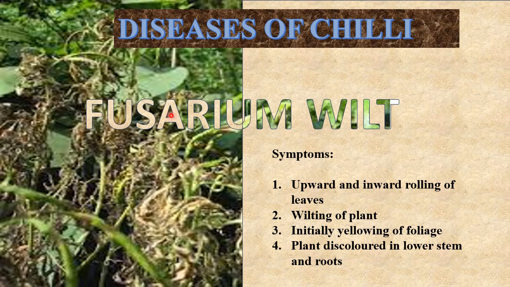If we take the next disease, Fusarium wilt, as we can see in the image, the leaves are not clearly visible, but we will be seeing wilting of the plant. Here you can see wilting of the plant clearly, and upward and inward rolling of the leaves will be seen. Ultimately, wilting of the crop is the main symptom of Fusarium wilt, and the